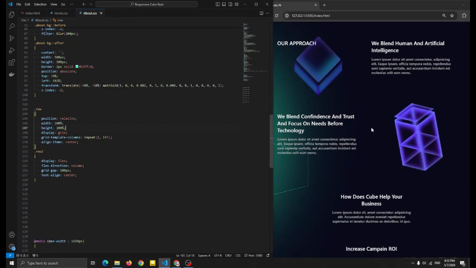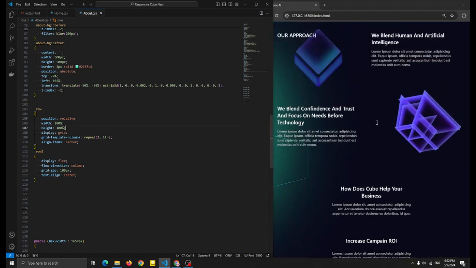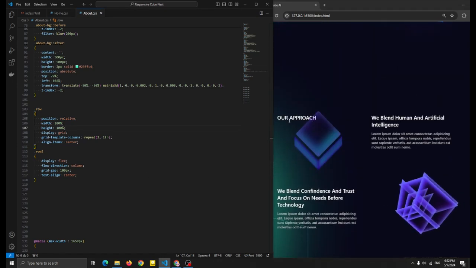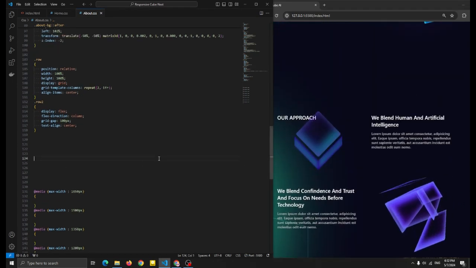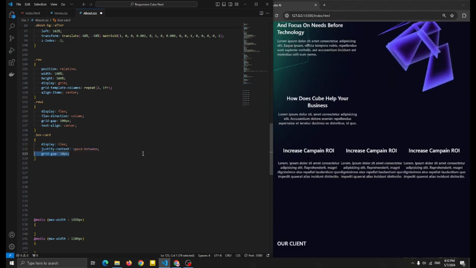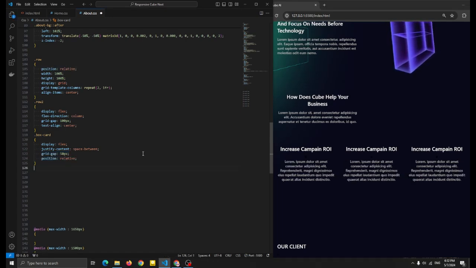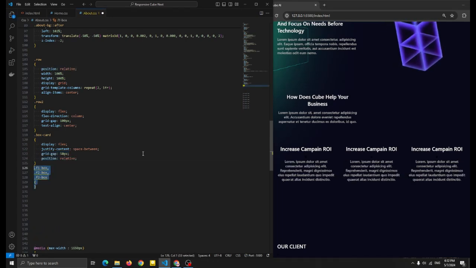So yeah, this is our row 2. Let me just add this. Now let me just assign this box, and then we go for this. Yeah, this letter spacing. It's simple. So I'm just gonna assign this first box card. So for the box card, I'm just gonna add the display flex, justify content space between for this card, and just add a gap for this, 50 pixel. There we go. Now let me add the position relative, and now let me just assign this F1 box, F2